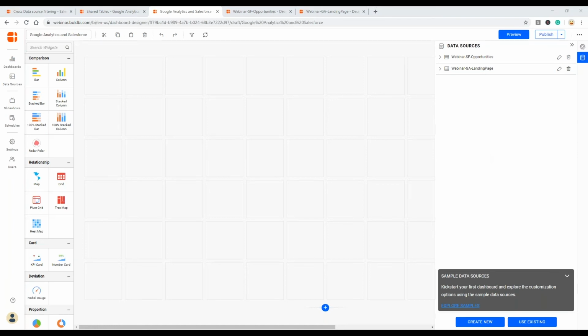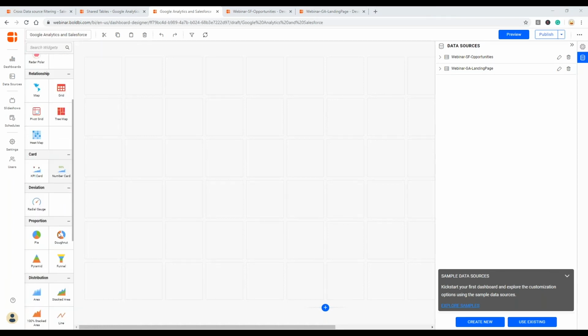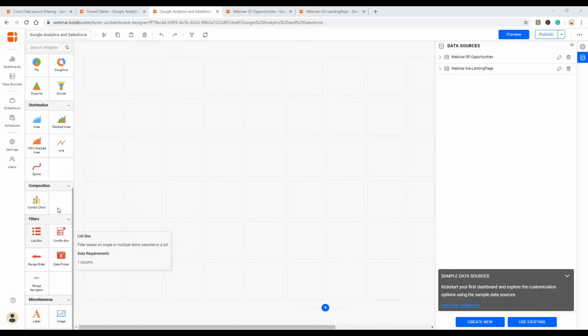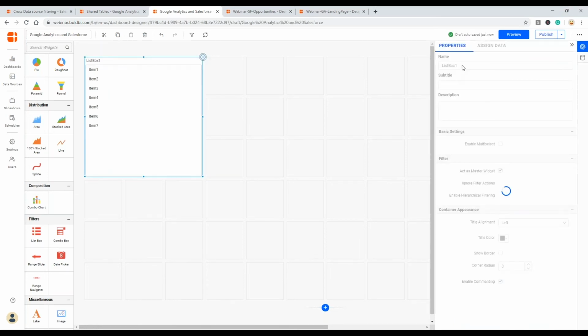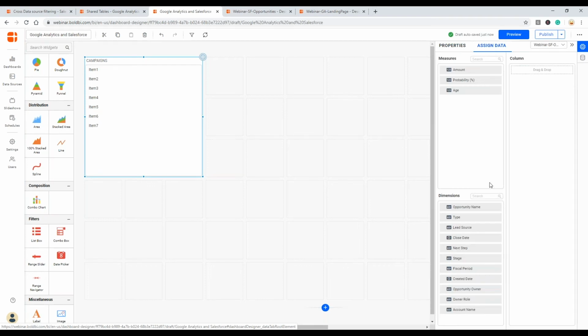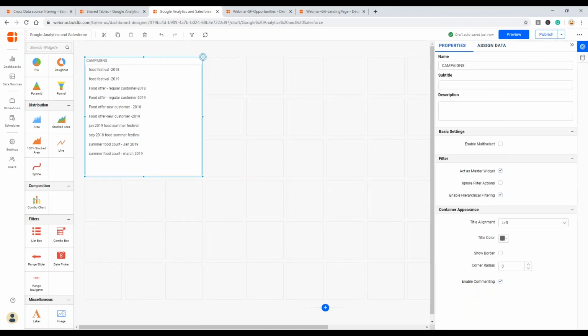And here I go. So first of all, I need a filter widget. So let me go and configure a list box to list all my campaigns. As campaigns are present in both, I can use either one of them. So let me use the lead source from Salesforce.